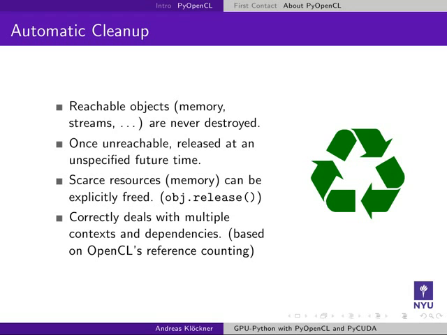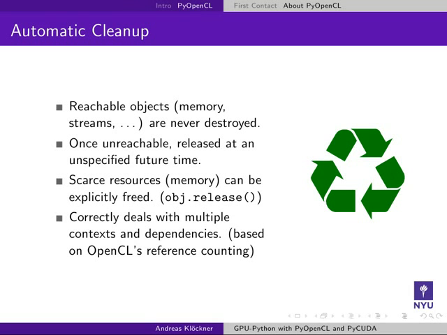That said, PyOpenCL also tries to be smart. It runs up against the memory limit and it tries to run the garbage collector and then tries again to make sure that there are no spurious elements. And also, PyOpenCL deals correctly with having multiple contexts and makes it relatively easy to talk to multiple GPUs from one thread, something that you can't really do in